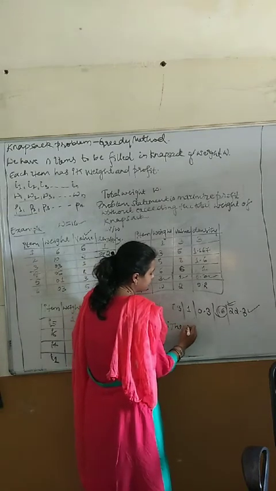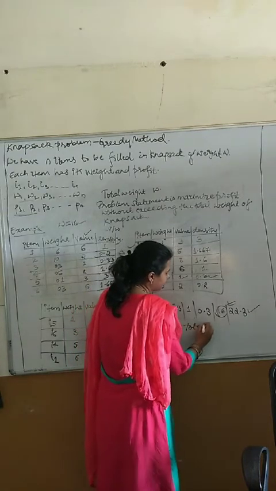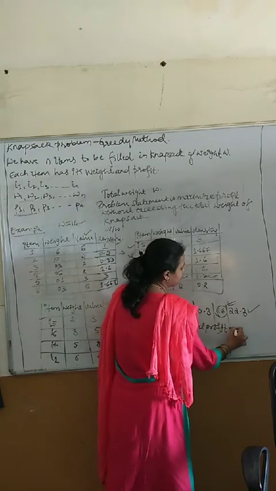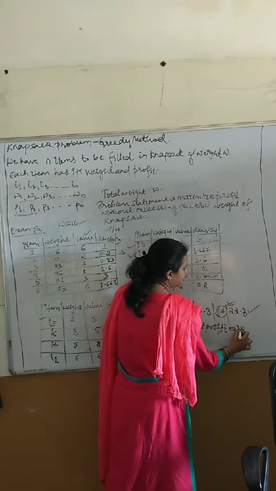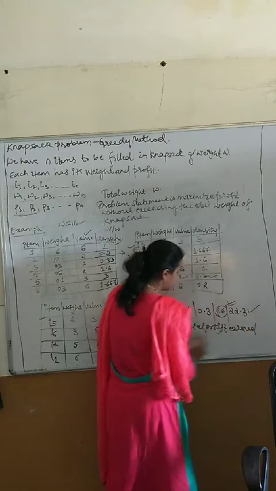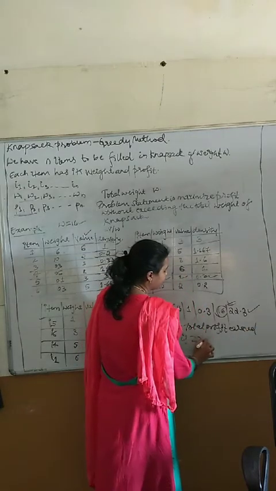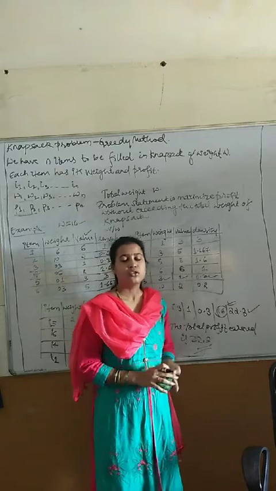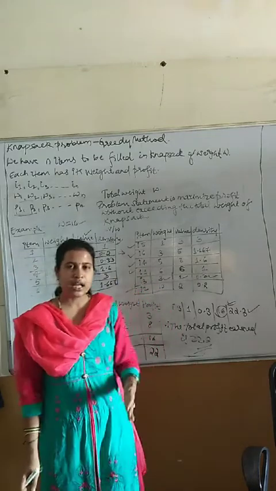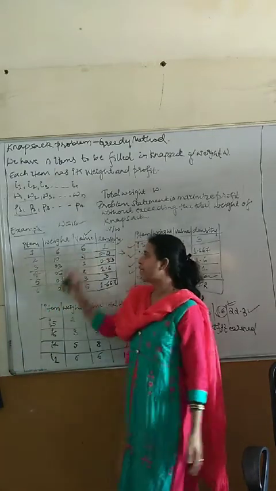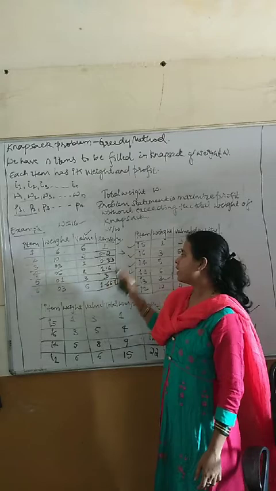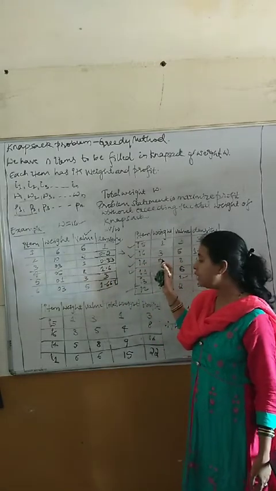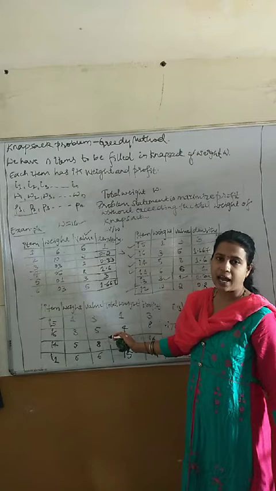Therefore, the total profit earned is 22.3. This conclusion you have to write. Okay. So here what we have done: we were given the items with their weights and values. We calculated their density. Then we arranged them in descending order of the density. Then we started adding the items one